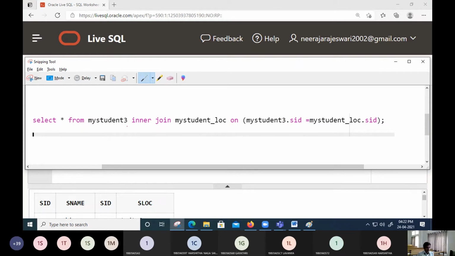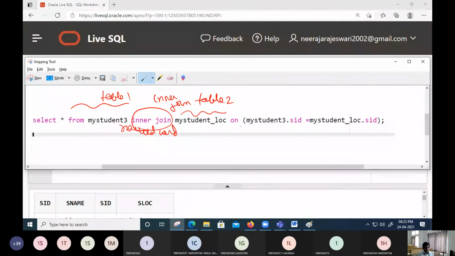select star from my student. This is from table 1. Then we are going to have join student location, that is table 2. Between table 1 and table 2, we are going to make inner join, that is a reserved word. Next one. What is the condition?